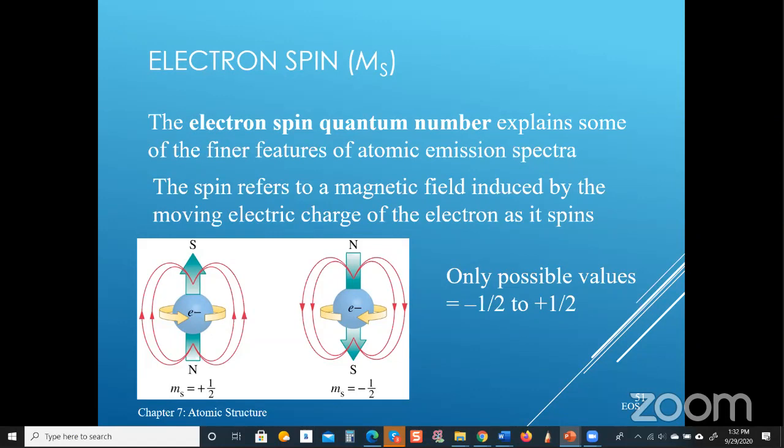And it turns out, and this is something that for those of you who plan to do physics, you will learn, that when you have a spinning charge, there is a magnetic field that is produced as a result of that spinning charge. I remember when I did physics back in the day, I minored in physics in undergrad, so I remember some of this. I remember there's a right-hand rule that you would use to predict the direction of the magnetic field, right? So if the direction of the spin for the electron is in the direction of the fingers,